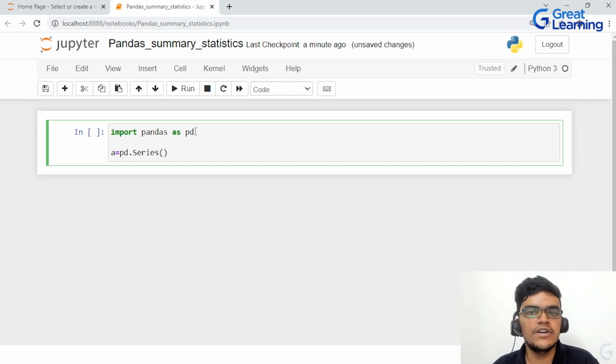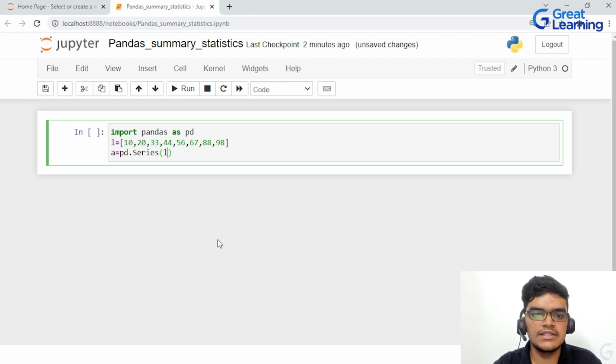But before that, let me create another variable l, and I will create a list here and insert the values 10, 20, 33, 44, 56, 67, 88, 98. I'm just taking random values, and inside this I will pass l as a parameter. Now if I write print a,